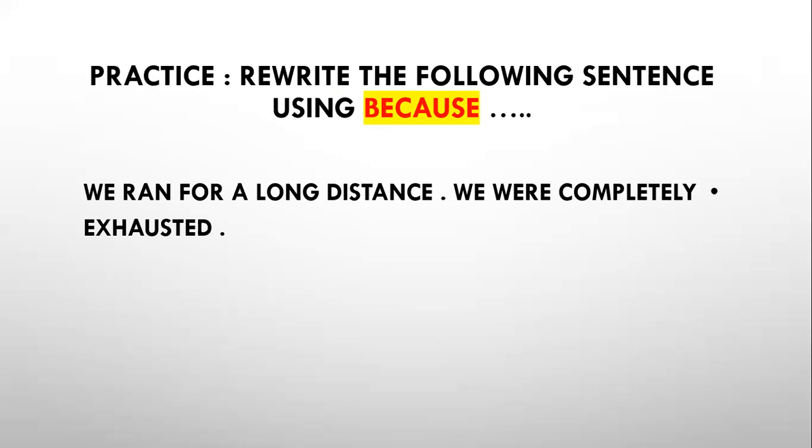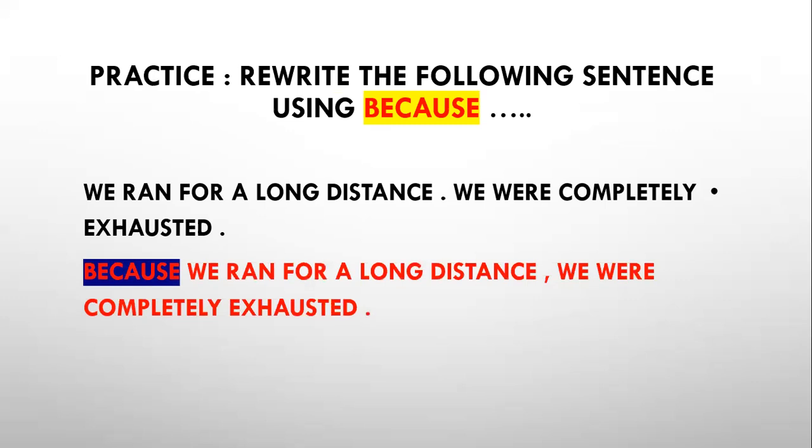We ran for a long distance. We were completely exhausted. So where is the result clause? Excellent, we were completely exhausted. إذا هون جملة السبب لأنه ركضنا لمسافة بعيدة إحنا كنا إيش مالنا متعبين جدا. إذا where is the reason clause or dependent clause? Excellent, because we ran for a long distance. Where is the result clause or independent clause or what do we call main clause? We were completely exhausted. إذا الشق الأول يا تامن هو شق السبب أو الشق الغير رئيسي اللي بده شق ثاني